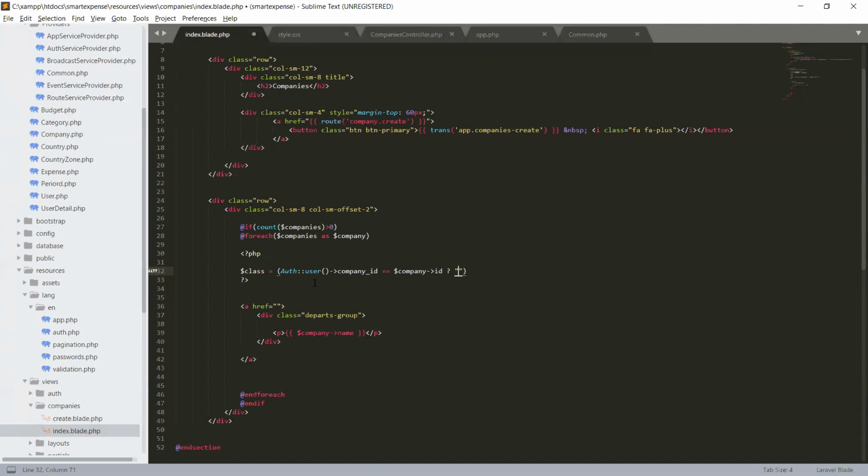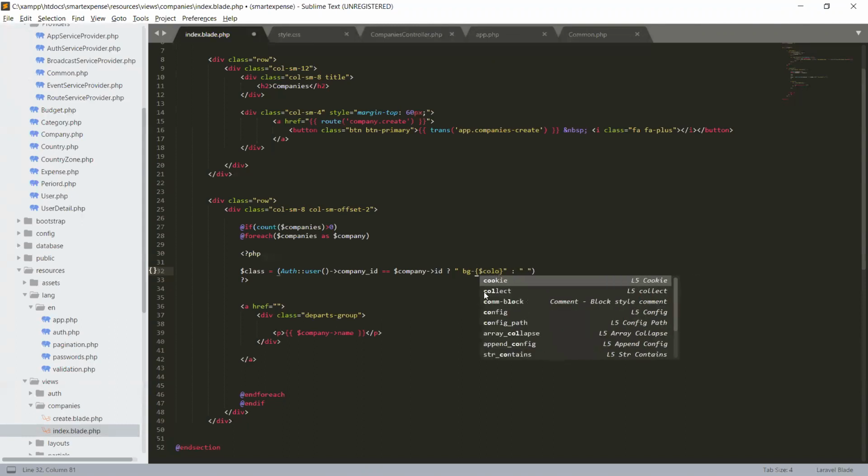So if this condition becomes true, show this string, otherwise show this string. In this string we want to say bg, and here we will use single blade syntax.